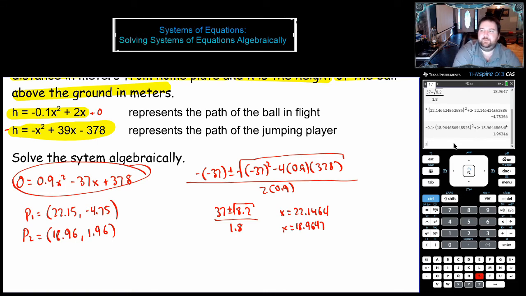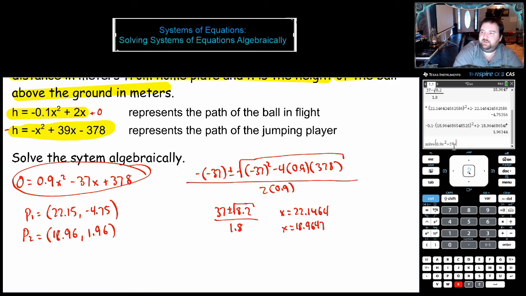So if you type in solve, you can see it's italicized. When letters are italicized, it means your calculator doesn't know what to do with them. But as soon as I type in the full word solve, you can see it's unitalicized, so it knows this is a function in the calculator. And now I can type in my equation, 0.9x squared